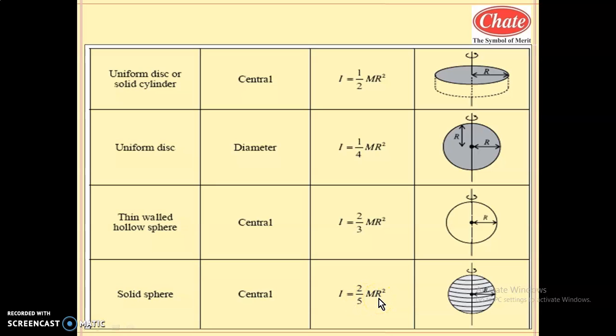This is the formula in terms of density and r. If mass is constant for the Earth, I is directly proportional to r square. But if with a change in size the mass also changes, then the density remains the same and I is directly proportional to r to the power 5. So if density is the same and mass and radius both change, then I